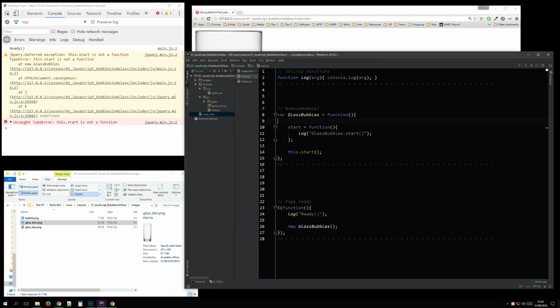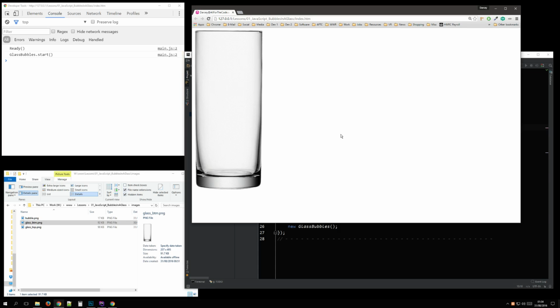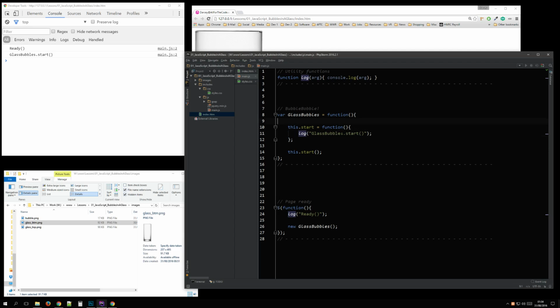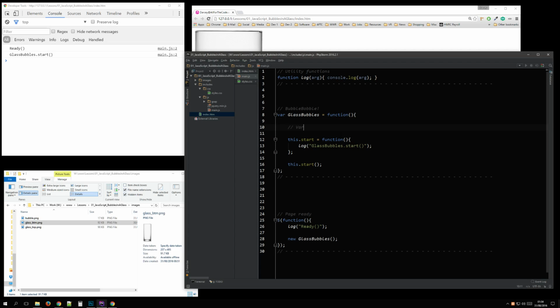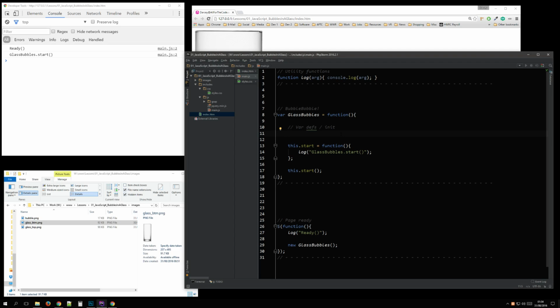Start is not a function, which I thought. Var start. Nope. This. Yes. Public is this. Private is var. So I can act as a constructor, as a law to execute via that. So first up, variable definitions. Initialization. We need